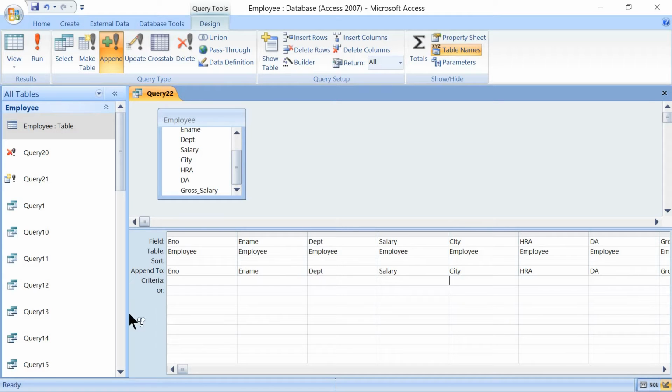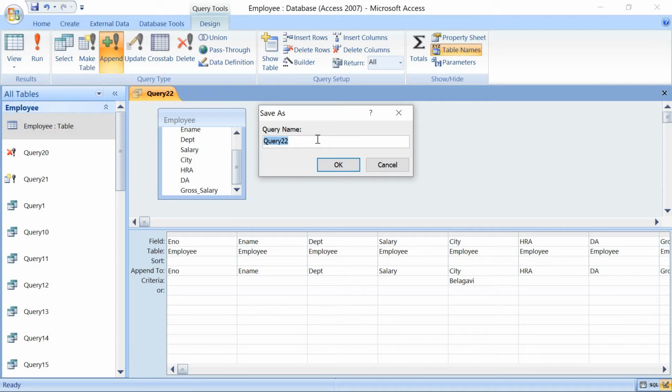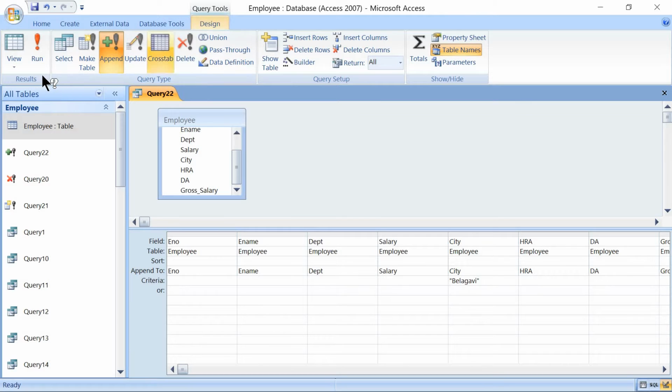In the criteria section, right, just type here Belagavi. Save the query. This will be query 22. Click OK. Design results, click run for execution.